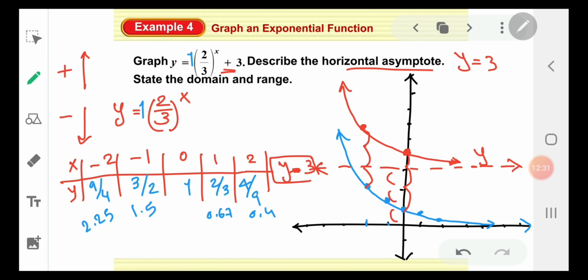As mentioned before in the previous tutorial, we said that the domain remains the same for all exponential functions, whether it's growth or decay, translated up, translated down, left or right. The domain is always all real numbers. But for the range, since you shifted the whole graph above this line, y equals 3, then the range would be y greater than 3. The whole graph here, as you can see, is above this new asymptote,